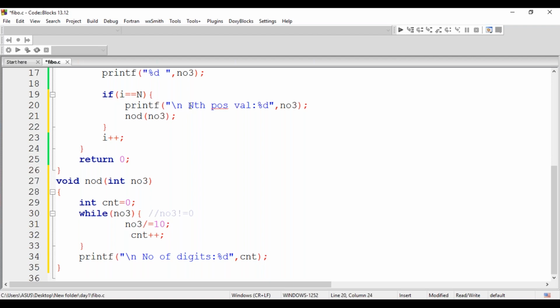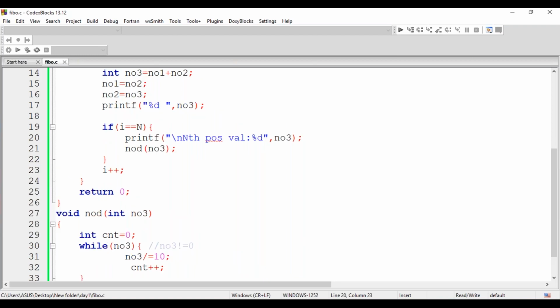Okay, fine, we'll execute it. We are done with the program. We'll execute the complete program. So let me close the previous output. Okay, just give me a minute, guys. Let me go back.